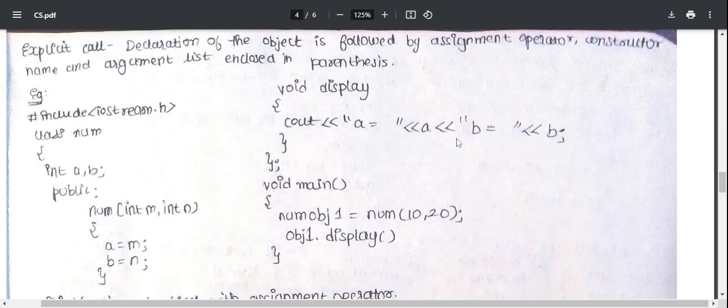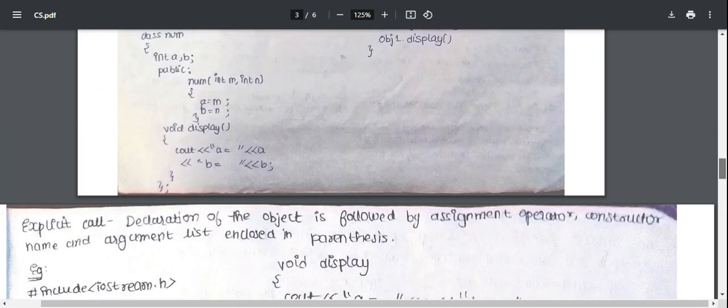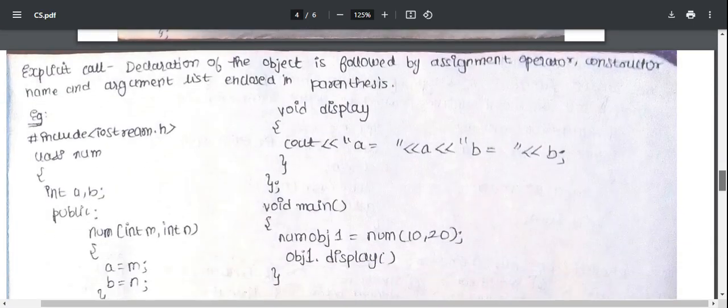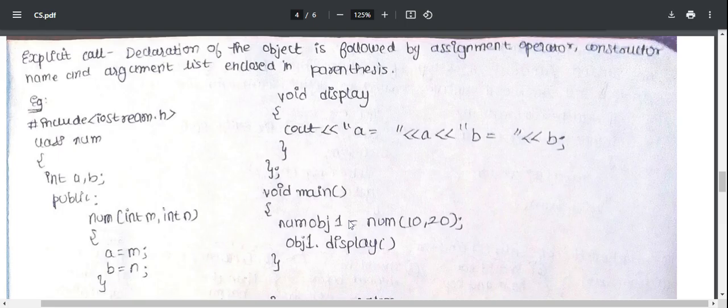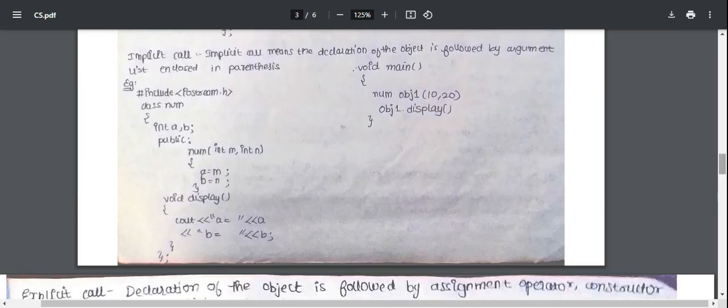So here you won't face much difficulty as all these programs are kind of similar. You just need to identify the difference, right? If I see each and every step is similar, but I'm saying it's similar, it's not same. How? Because see the last step, num object 1. Here I have written in explicit call, it is equal to num 10, 20 in bracket, right? But here it is num object 1 in bracket only 10 and 20. So in the same bracket 10 and 20 are following,